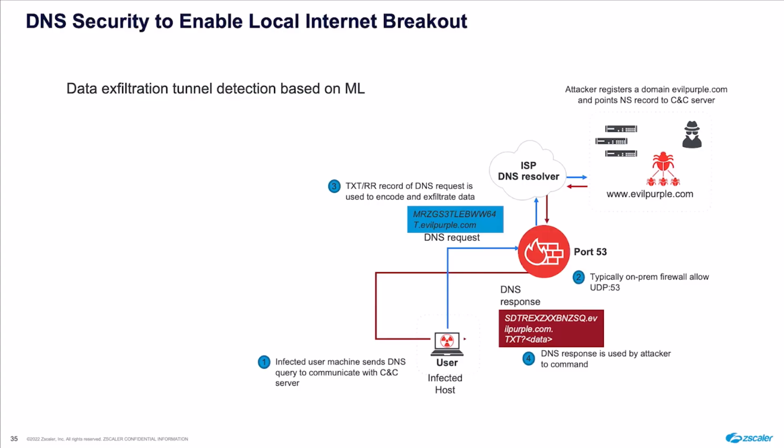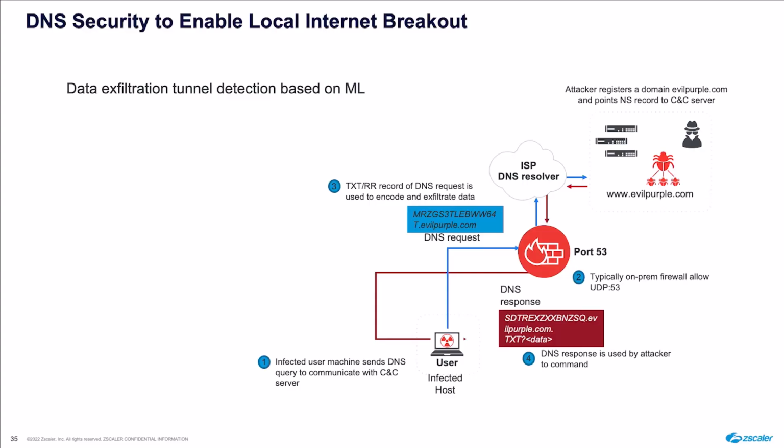So they would take a large file at the endpoint, they would break it down into multiple small chunks and encrypt it into some gibberish text, and that text gets appended in front of each of these domains. And there would be multiple hundreds of thousands of DNS requests going to that particular evilpurple.com, and the attacker will be easily able to put together all this gibberish text and use some keys to decrypt and exfiltrate the